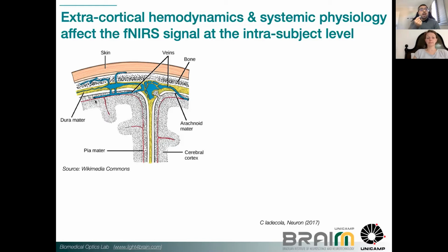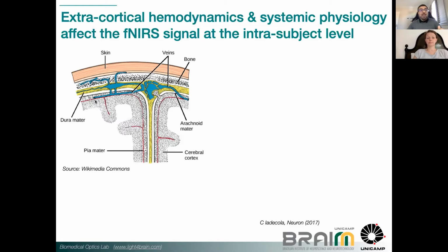So if your detector is 3 centimeters apart from your source, over 95% of the photons that you detect do not probe the brain, the cortex. They just probe the extracortical tissue. So you are actually interested in just 5% of the photons that you detect. The remaining 95% is not related to the cortical information you are interested in seeing, because these photons don't even probe the cortex. And that wouldn't be a problem if we didn't have any interaction,